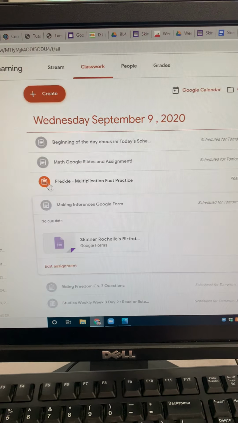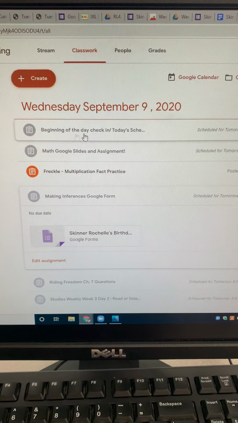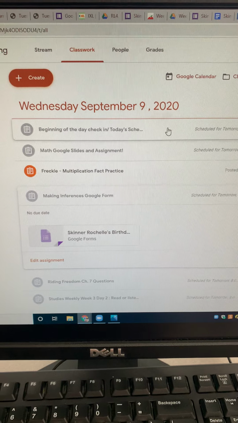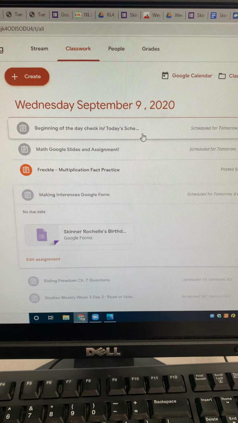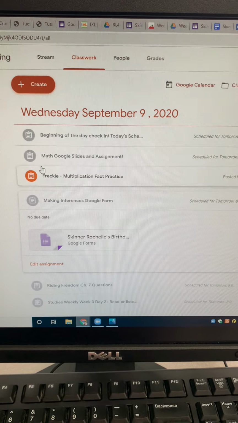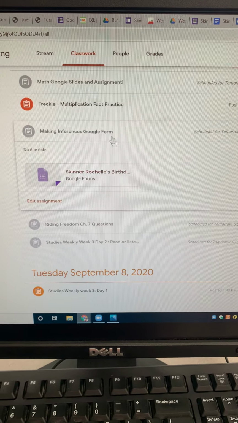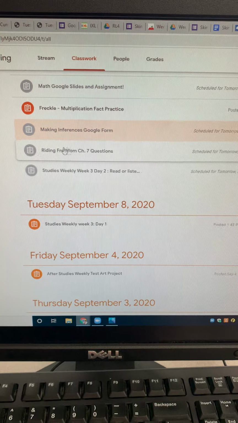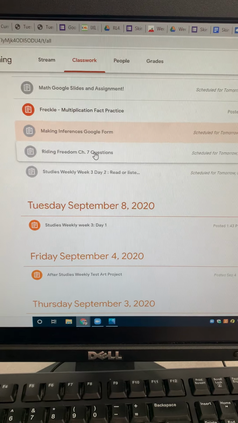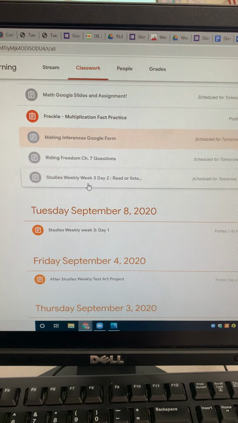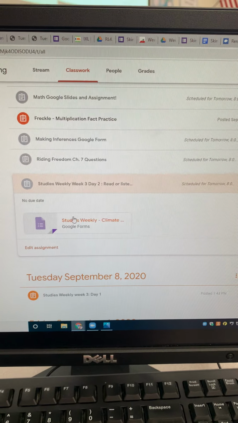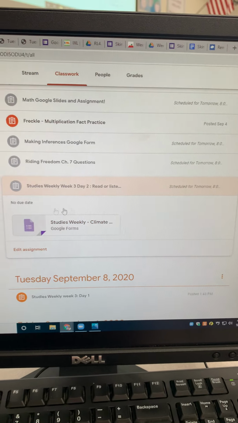I'm gonna exit that out. Okay, so here's your schedule. You did your beginning of the day check-in and today's schedule. It also has your math sides, which you should have done, making sure you get that extra practice for Freckle, your Writing Freedom Chapter 7 questions, and your Week 3, Day 2. Make sure that you are reading the right